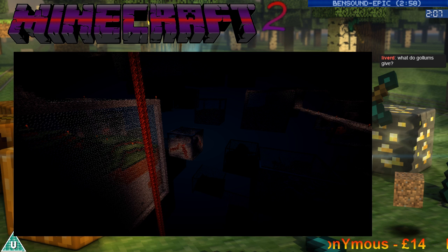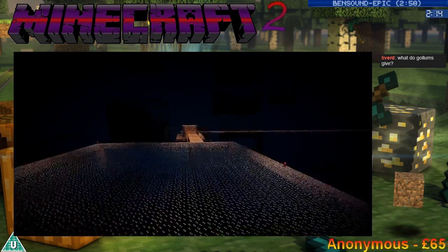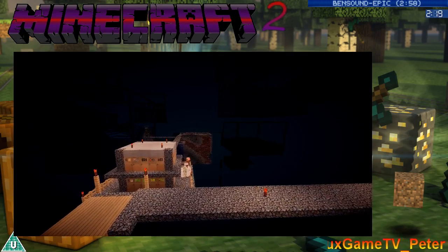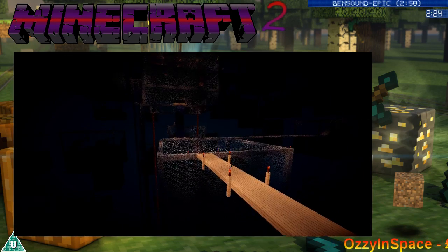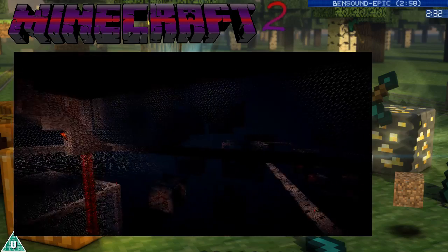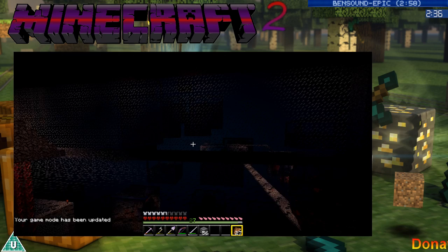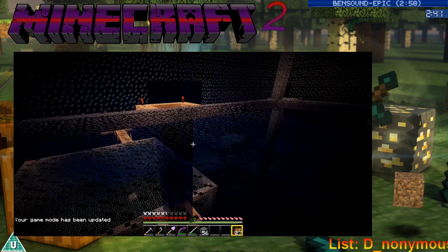What do golems give? First of all, if there's any zombies around, golems go for them and kill them, so the zombies don't kill the villagers. However, if you kill golems, they give you iron. And since we're quite short of iron in this world, having an iron golem farm would be a good idea. But that is going to be for another episode,